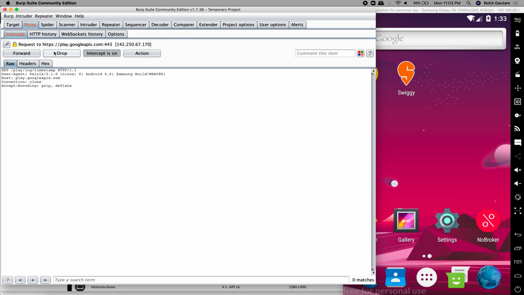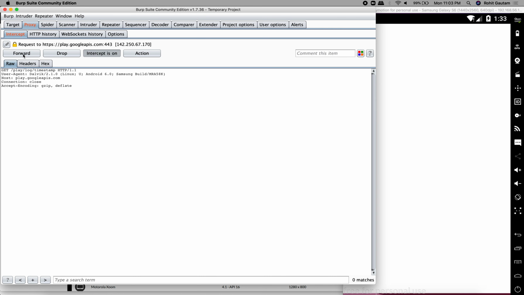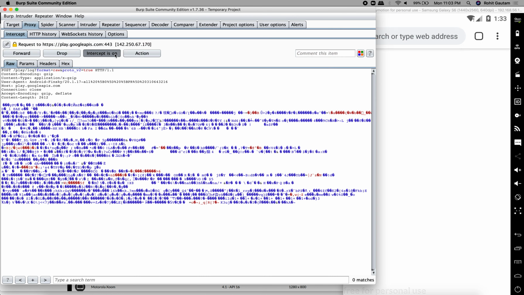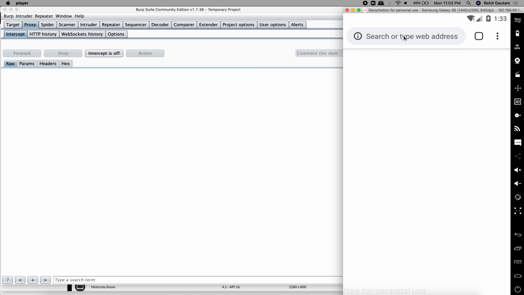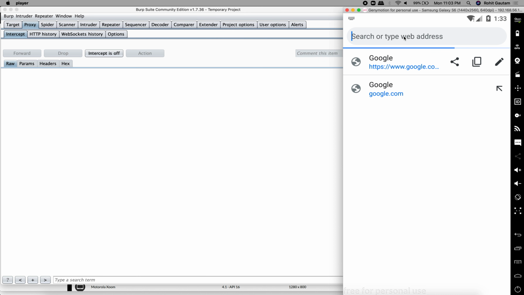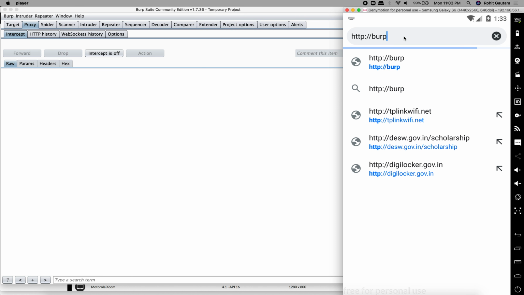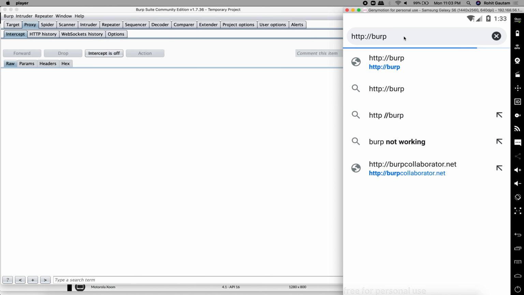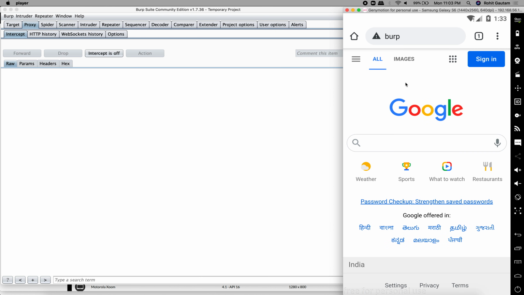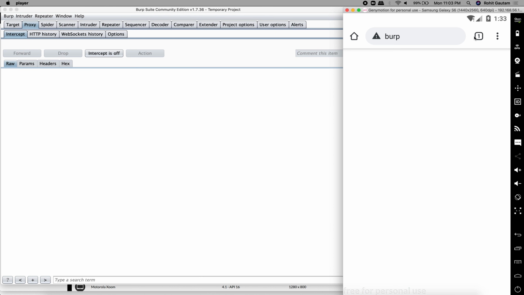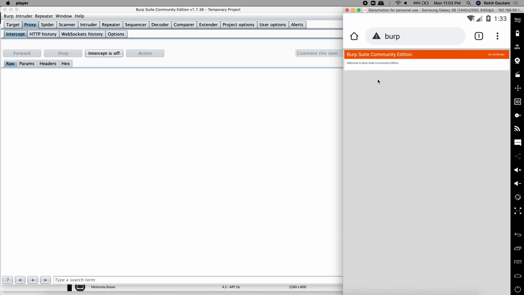As you can see, I already have started getting the Google Play API request into my Burp. So I'm just going to turn it off. All right. So now to verify if this is working, just type http://burp, the same way that we configured our Firefox browser for web application pen testing. You have to configure it the same way, as you can see over here, and hit enter. And if you are able to see the Burp Suite over here, then it basically means you have done the steps correctly.